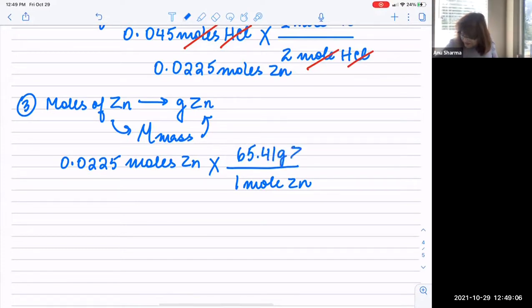Depending on how exact you use the numbers from the periodic table, that also depends on how exact your answer is going to be. So anyways, 0.0225 times 65.41 divided by 1 and you get 1.47